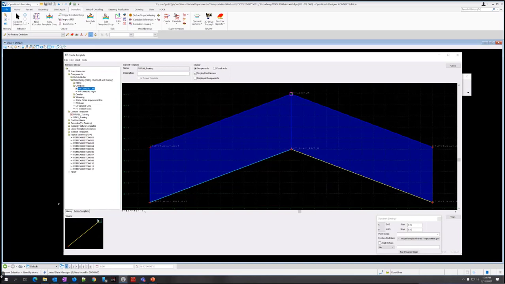Just be aware of what's selected here, because wherever this box is selected, I can change it if I want to insert it somewhere else. By default, it will be the insertion point, the same as if you open the template where this purple is. That's our template origin. By default, it's going to be that. So I'm just dragging it from over here, pavement overbuild left, and then snapping it to that center.